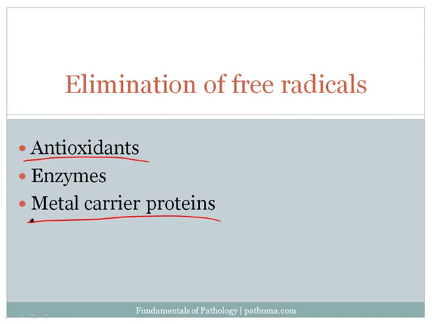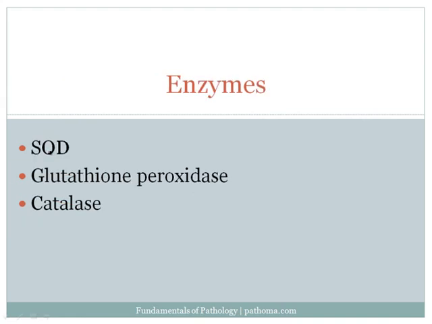The third category of substances that can eliminate free radicals are enzymes. The reason why I take on this category last is because there's a little detail here from biochemistry that examiners expect you to be familiar with. So let's briefly talk about the enzymes. There are three major enzymes, each of them relatively high yield, that are important for the elimination of free radicals. I think the easy way for me, at least, to remember these is to go back and